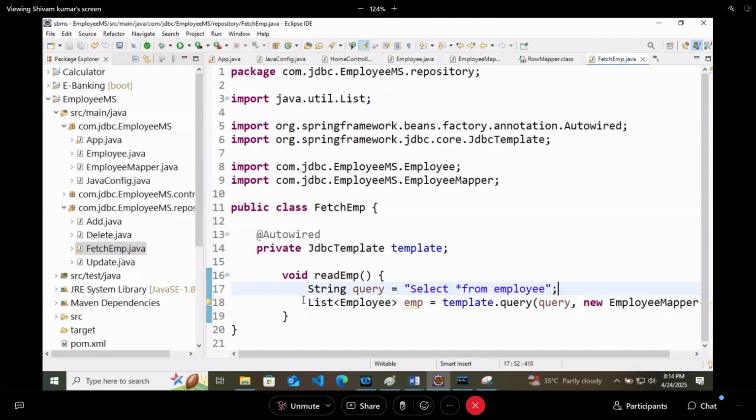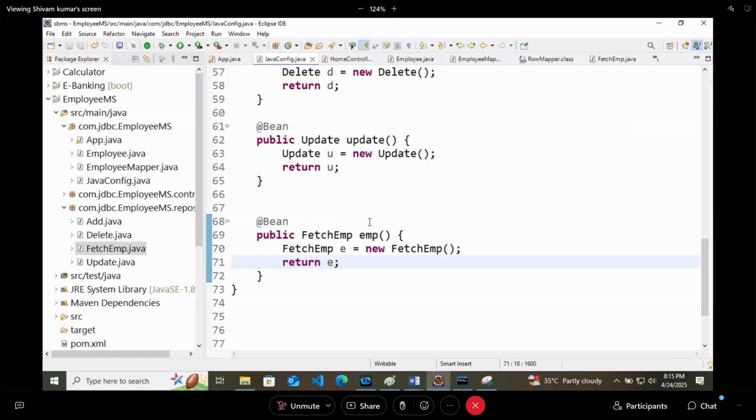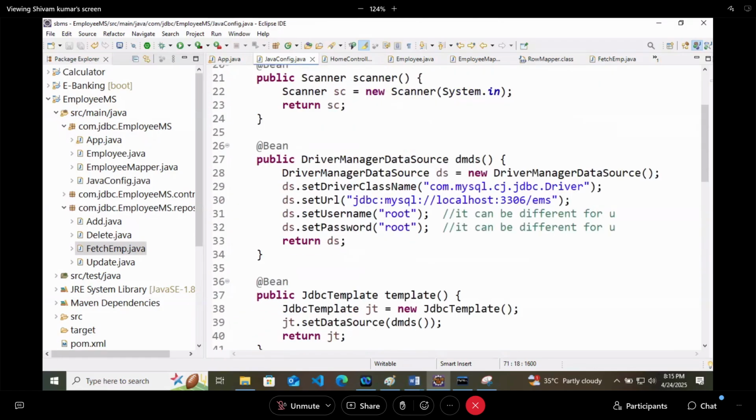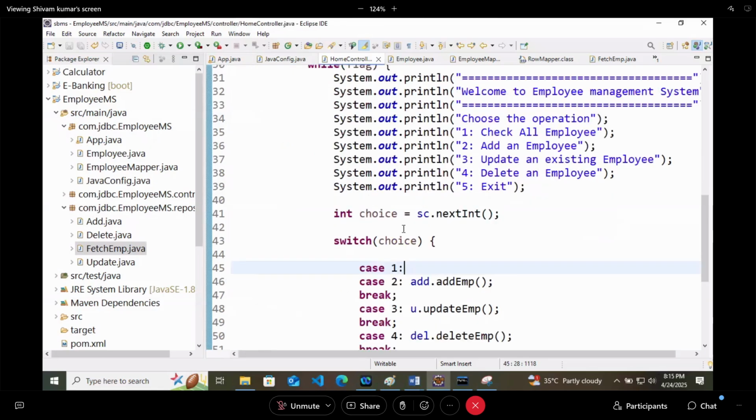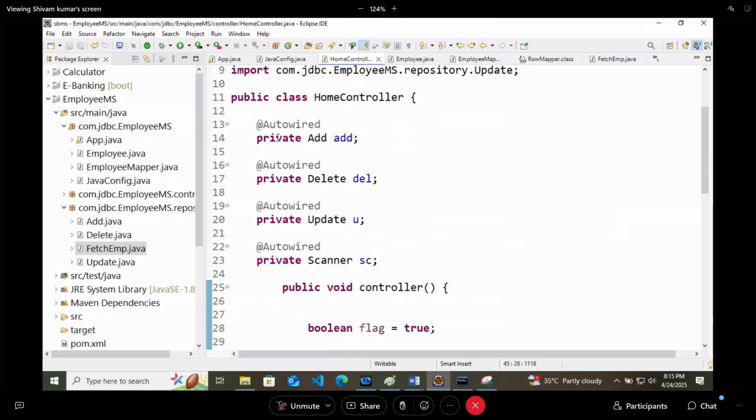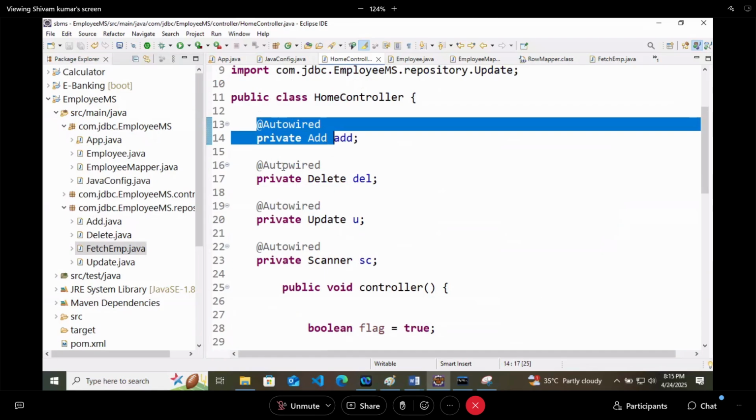So we will see that I am printing the list, that is EMP. In Java config, go back, the bean is already created. So go to the home controller. This is the bean for adding, deleting, updating.